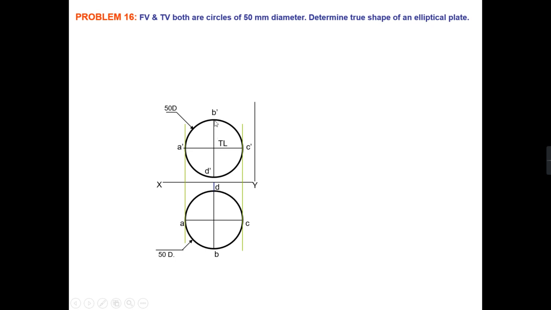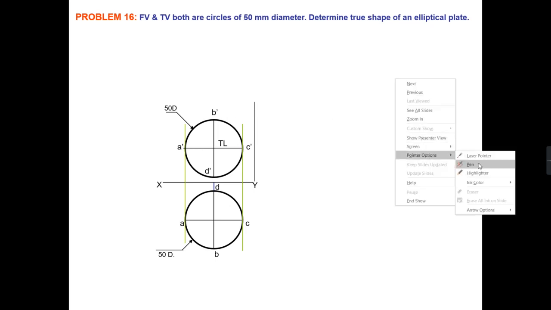Then we can also see here your line BD is perpendicular to both XY lines, right? See, it can't be possible like your line is perpendicular to both, but it is a top view. Your top view of line BD and front view of line BD is making an angle of 90 degrees with the XY line. How can it be possible? Like, if I draw it,